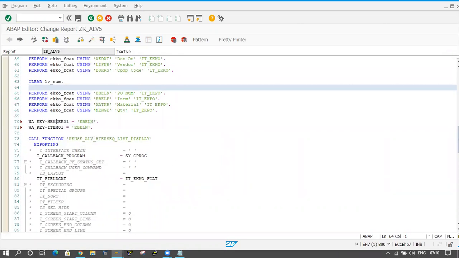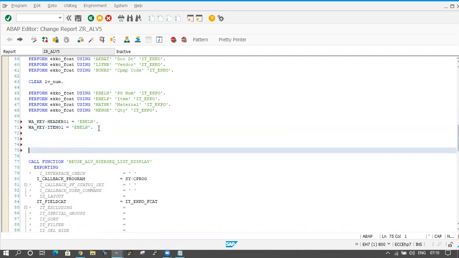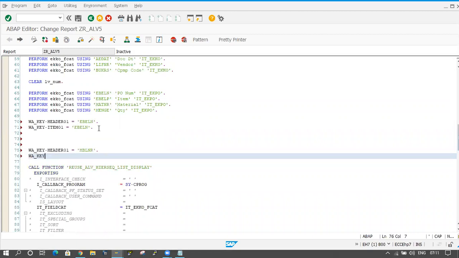For example, just assume I am writing the code for MSEG and MKPF. At that time we have to maintain work area key hyphen header 01 equal to MBLNR, and work area key hyphen item 01 equal to MBLNR.